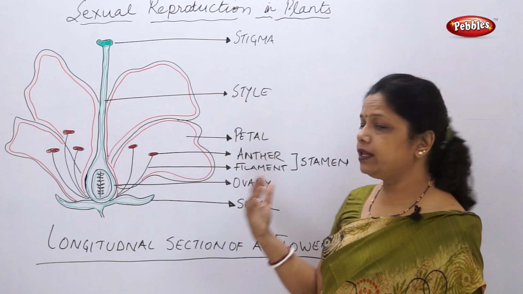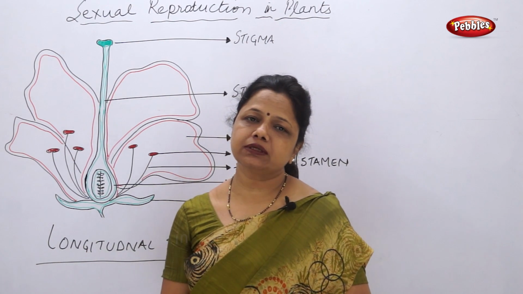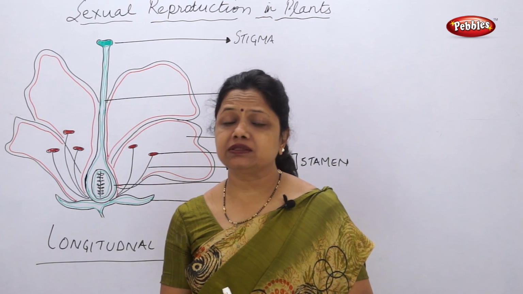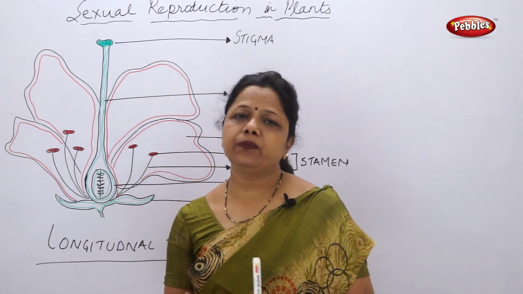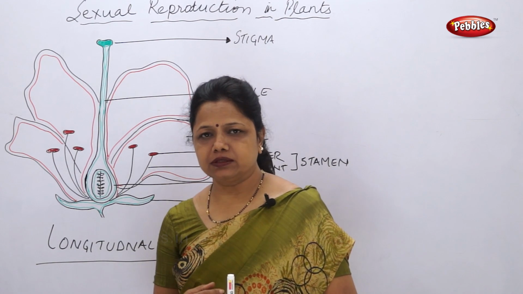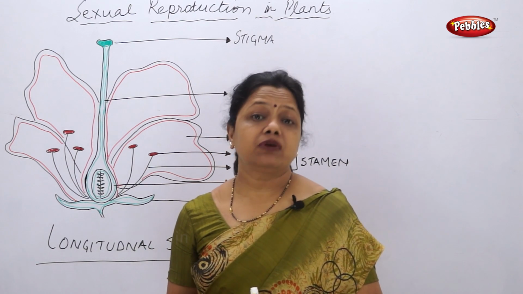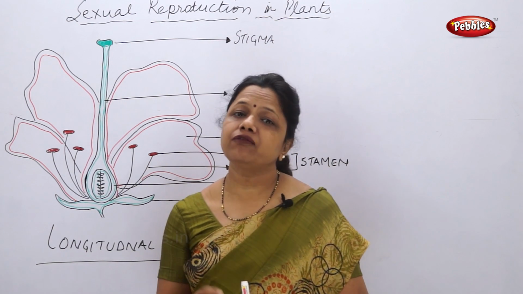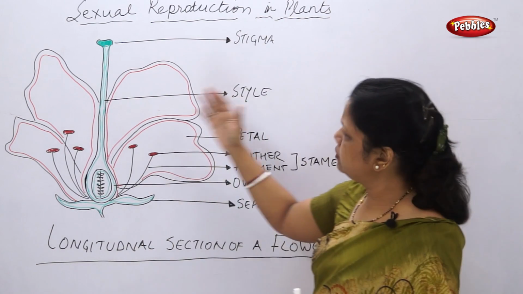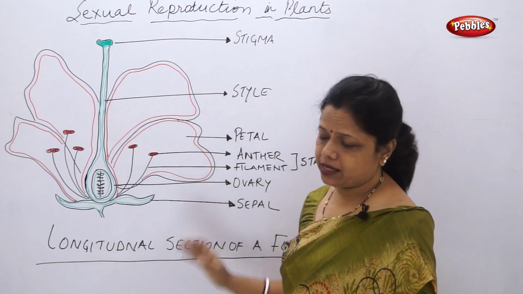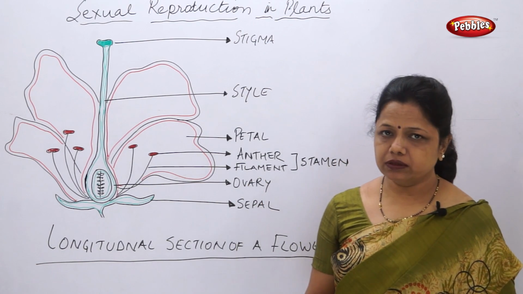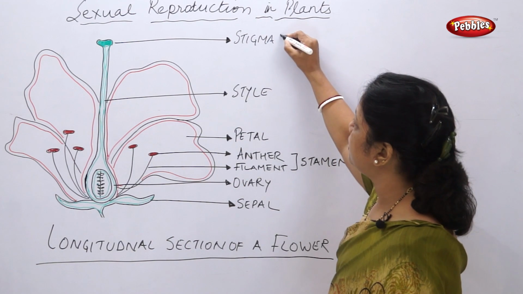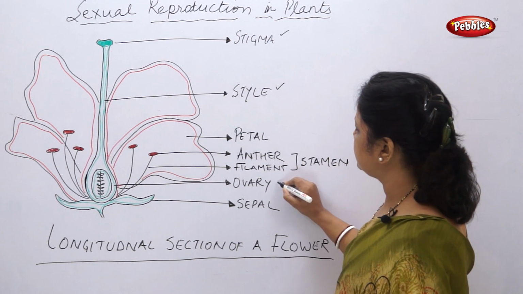The shoe flower, or any flower, contains male reproductive organs and female reproductive organs. Obviously, if fertilization has to take place sexually, then there should be two types of cells, one male cell and one female cell. But which parts are called the male reproductive organs and which parts are called the female reproductive organs? Here I am going to tell you about one part at a time. We'll start with the female reproductive organ. The female reproductive organ basically has three parts. One is stigma, second is style, and third is ovary.